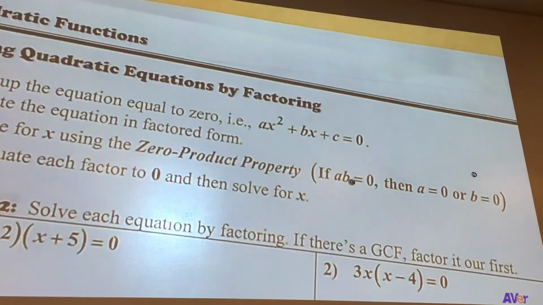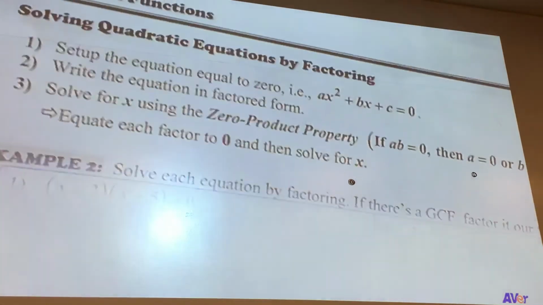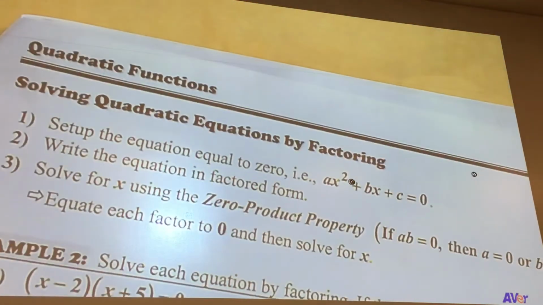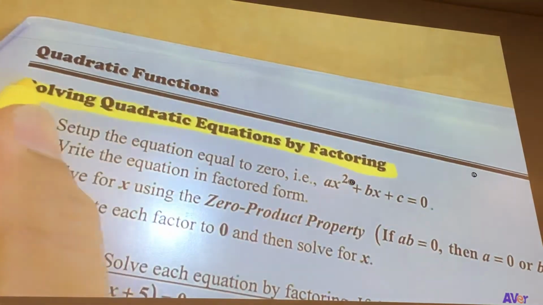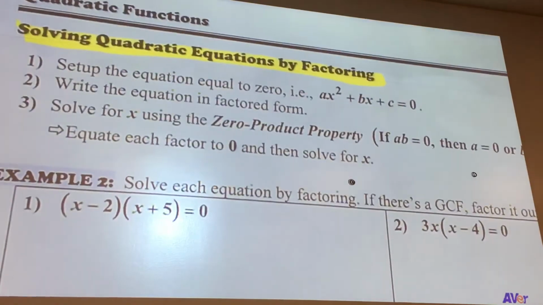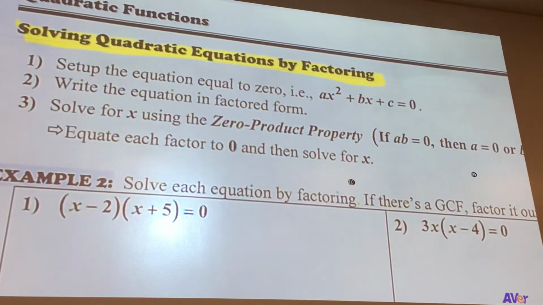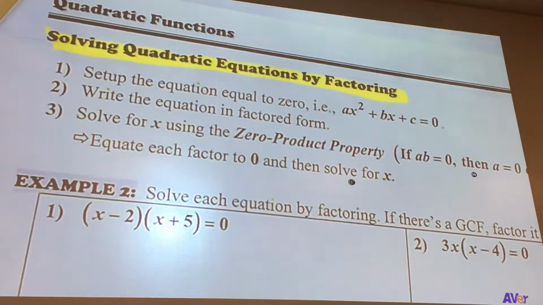All right, okay. These are the steps in solving a quadratic equation by factoring. All right. So the first thing that we have to do is we set up the equation equal to 0. So if I do have y equal to, I will have to remove the y and replace that by 0. All right, okay? And then we're going to write this in factored form. We've learned how to do factoring, all right? And then after that, now,